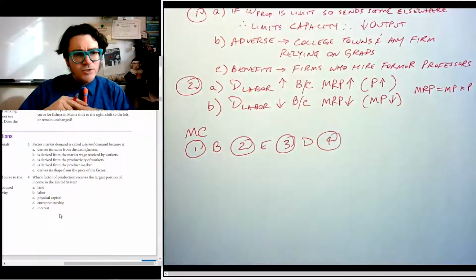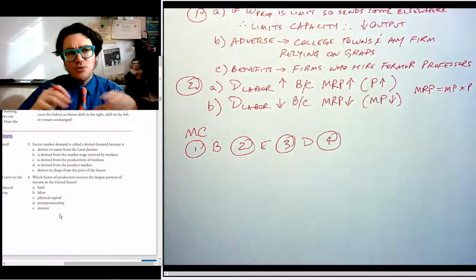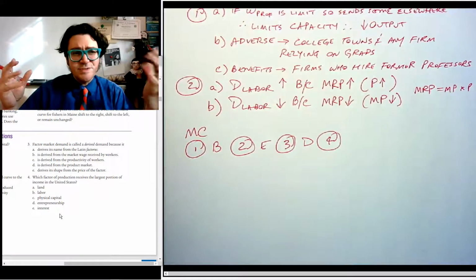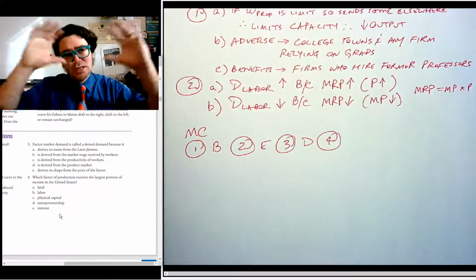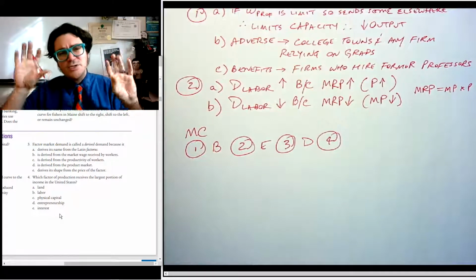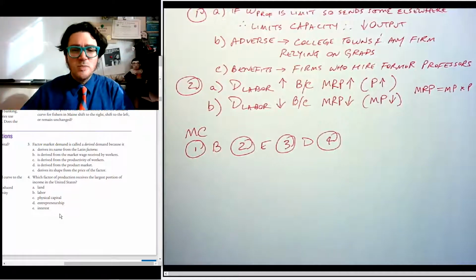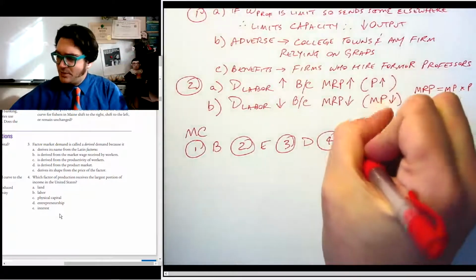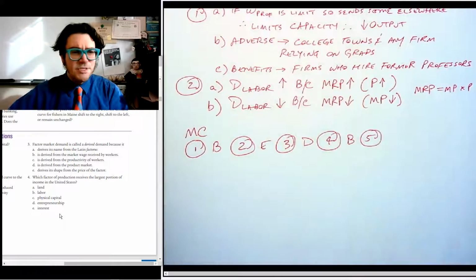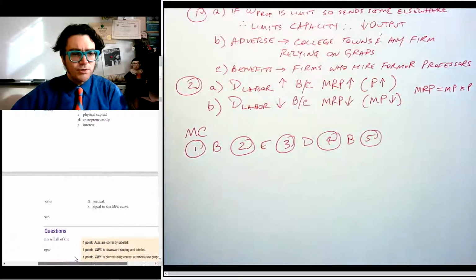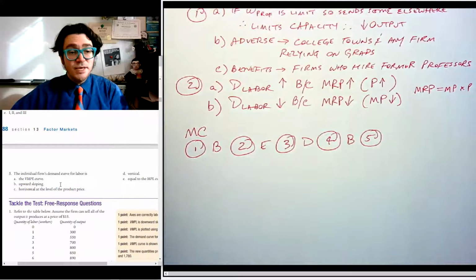Number 4. What factor receives the largest portion of income? So this is not going to appear on the quiz. It's labor. Labor receives about 65% of the income. Like if you were to calculate how much income does labor versus machinery versus land get, labor is overwhelmingly the largest there. B. It's been a declining share for the last several years, but